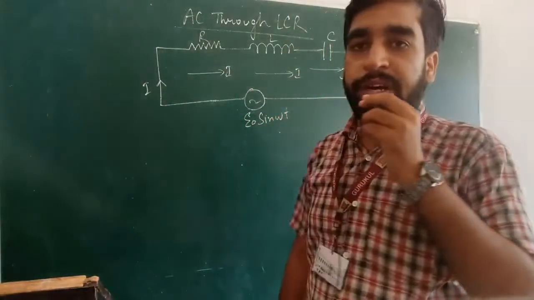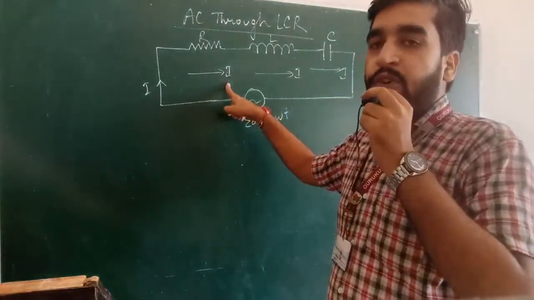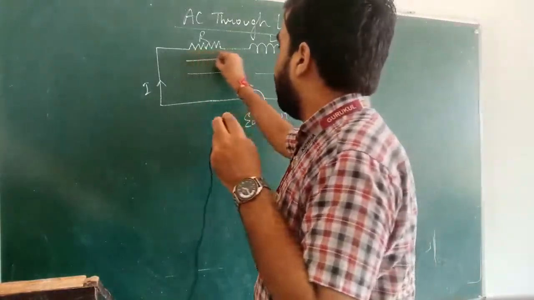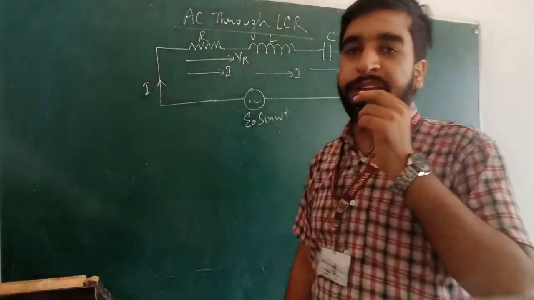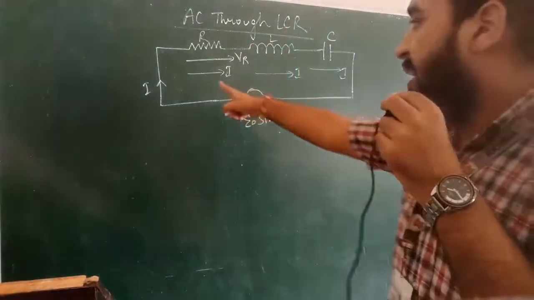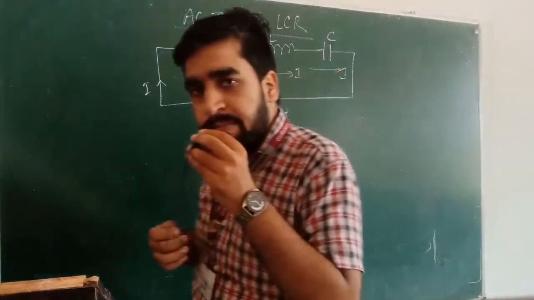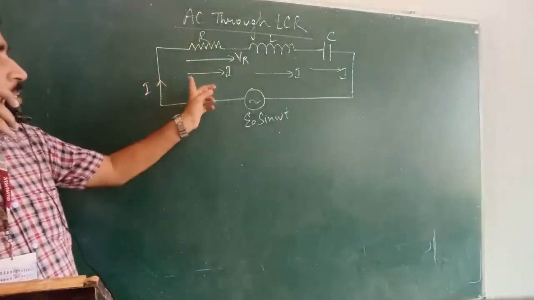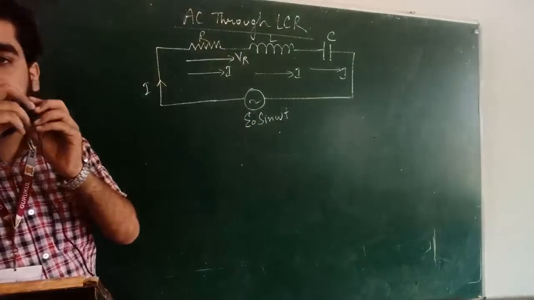Now students, we already know that in a purely resistive circuit, current and voltage are in the same phase. So if this is the current, voltage will be the same. And this is the voltage through resistance, so I am writing it as VR. I have shown it along the current. Why have I shown it along? You have already studied purely resistive circuits. There we have studied that current and voltage are in the same phase. So this is what I have shown here.